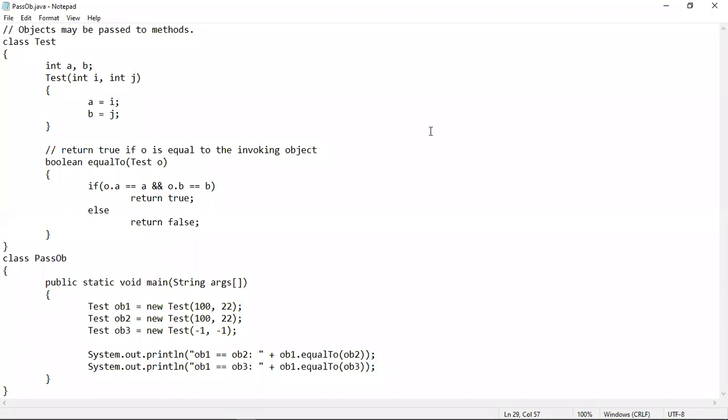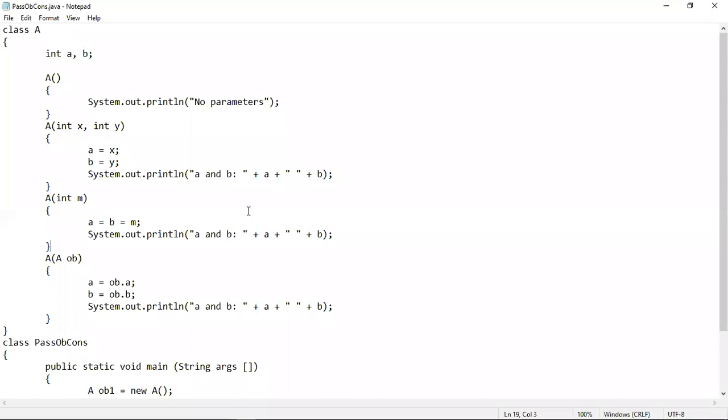So this is how we can pass an object as a parameter to a method. Here we have seen that the two objects OB2 and OB3 have been passed to this reference variable. So just like we pass normal variables to a method, we can also pass objects to a method like this, just as explained in this program. And not only methods, we can also pass objects to a constructor parameter also. Now, in the next example program, we will see how objects can also be passed into constructor parameters.